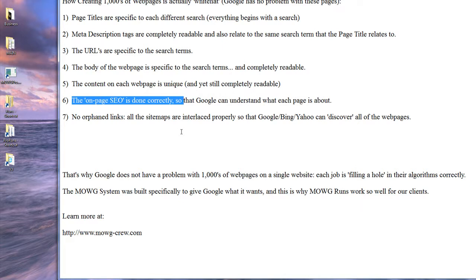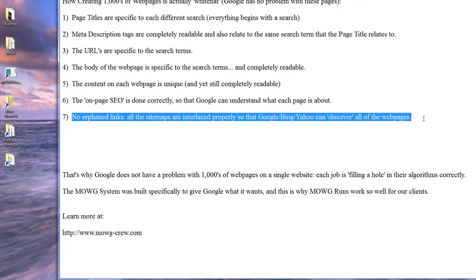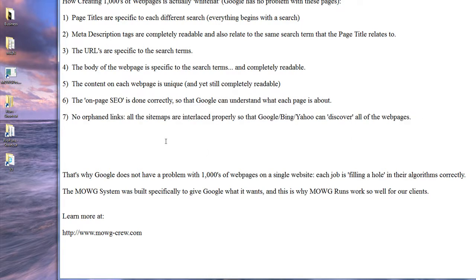Number of links on a page that point to other pages on the same site, number of authority links that point out, and whether they're the same authority link or different authority links, page by page by page. Not just that, but our sitemaps. No orphan links. When the Google bots come through, they can find every single page of the site and they're all arranged. What would that remind you of?